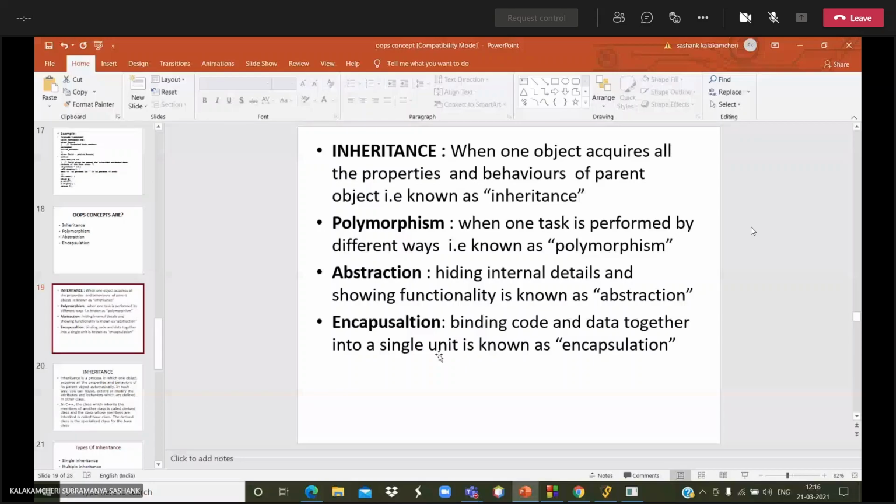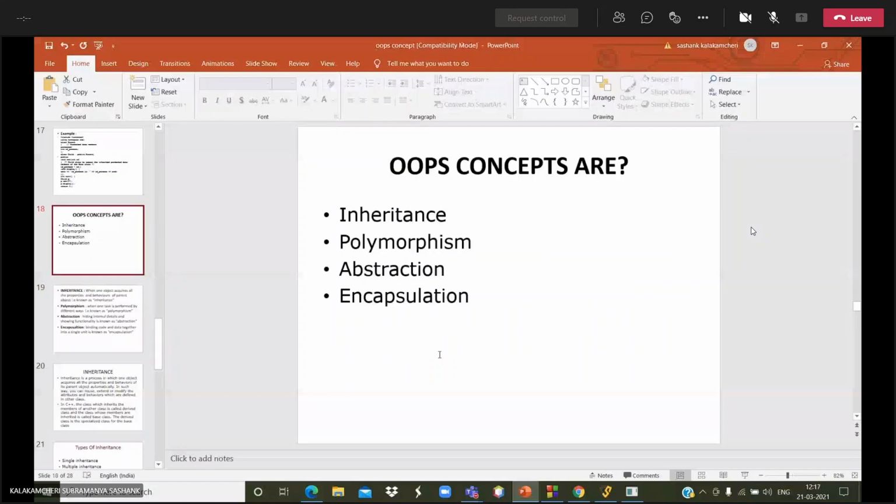We have one more thing, runtime polymorphism. In runtime polymorphism, we can see the virtual functions. We can know what is meant by virtual functions: with the help of the virtual keyword we are defining virtual functions.